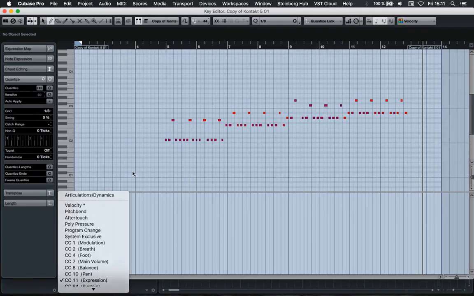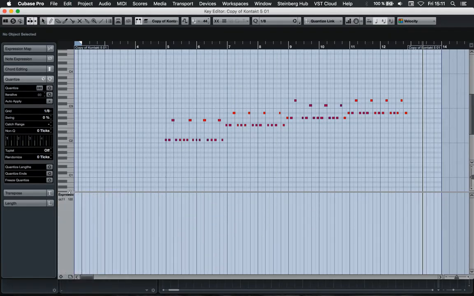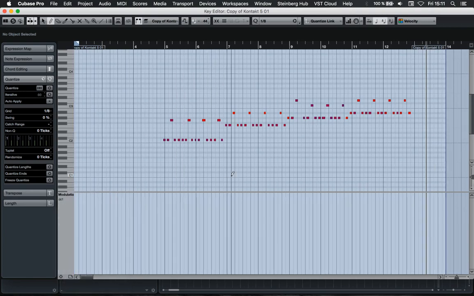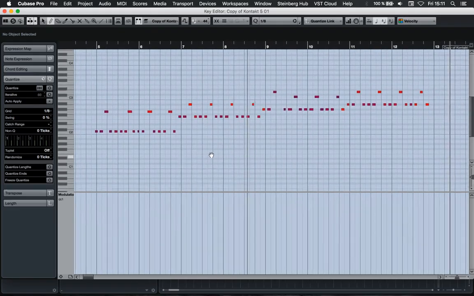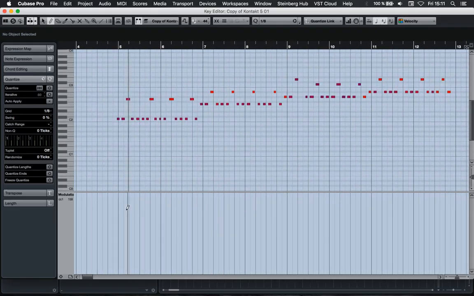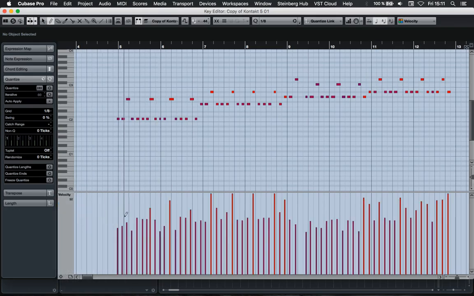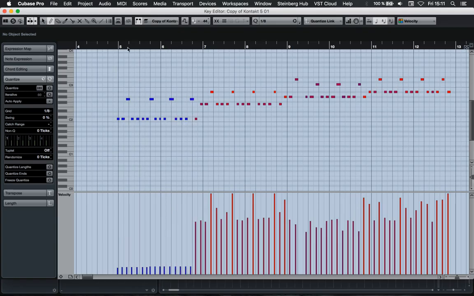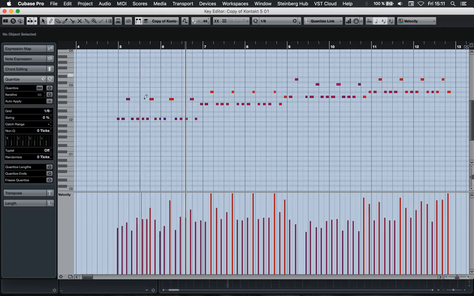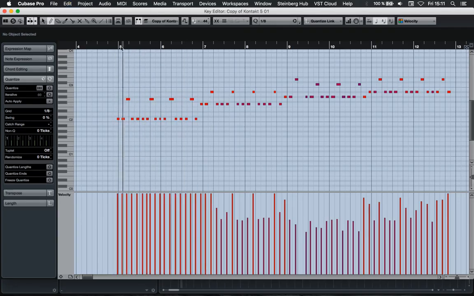expression still works, so I can change the volume, but not modulation, because modulation is for sustained stuff mostly. You can program it differently, but you know, the library differently, but right now modulation doesn't really matter here. It's only the velocity. So if you go into the velocity, you'll see that this will change. So if I do this, it'll be very soft, almost inaudible. But if I do it very loud,